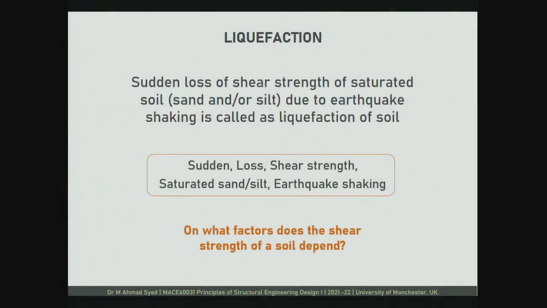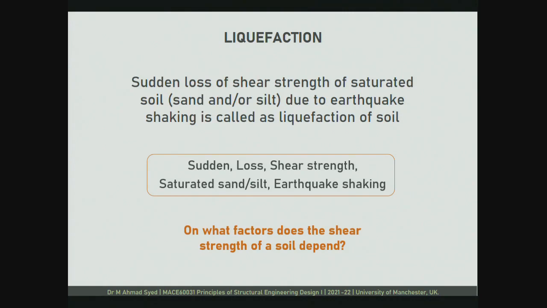So if you recall, just before the fire alarm went off last week, we were trying to go deeper into the definition of liquefaction. And we had started our discussion with this definition: it is a sudden loss of shear strength of a granular soil mass, which is saturated, and it is often triggered by some kind of disturbance, some kind of vibrations. Usually when we talk about soil liquefaction, we say that those vibrations are happening because of an earthquake, although a localized liquefaction can also happen